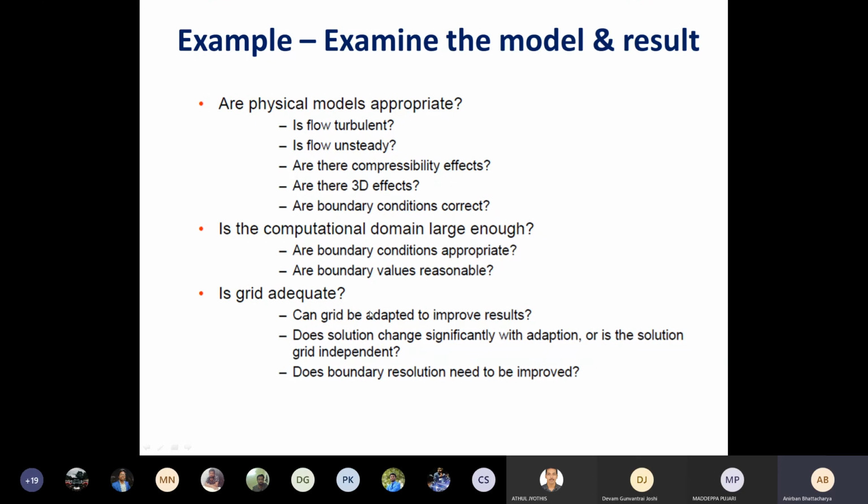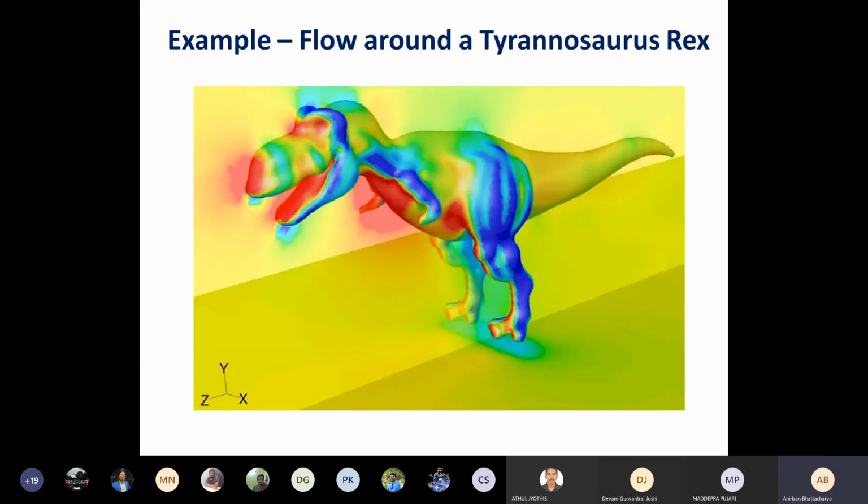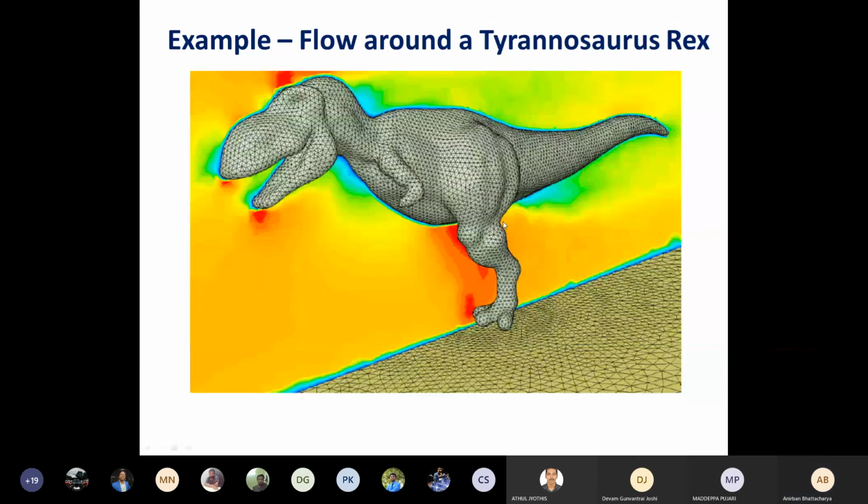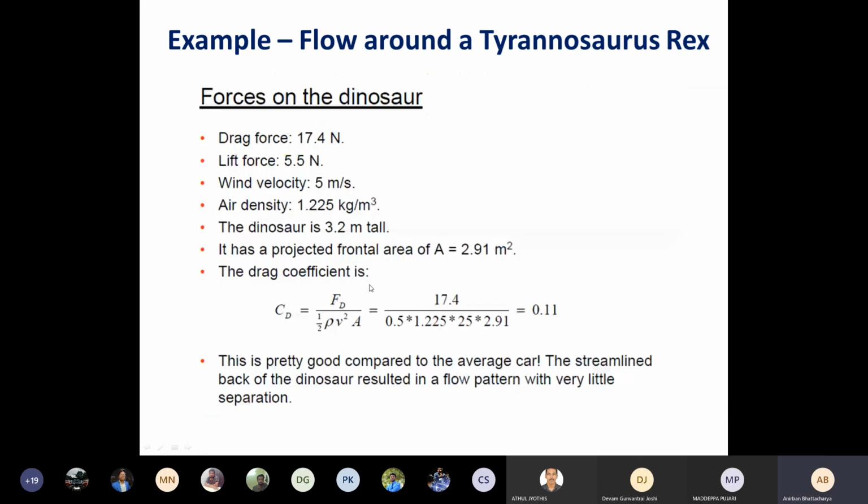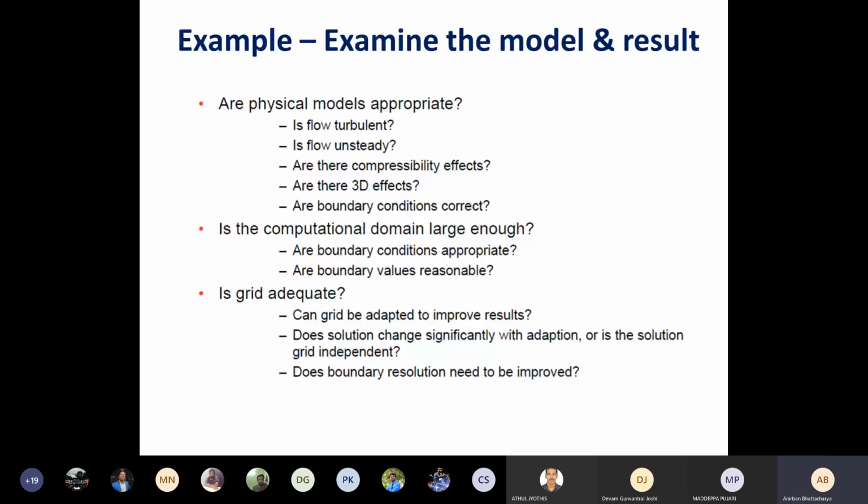Whether our grids are correct. Whether the grid generation, the mesh, is correct or not. Maybe the grid size is not adequate. So in this case it looks adequate, but if I take a very large size of the subdomains, we will not be able to resolve the data, and then we will have very inaccurate results. So that also we have to think.